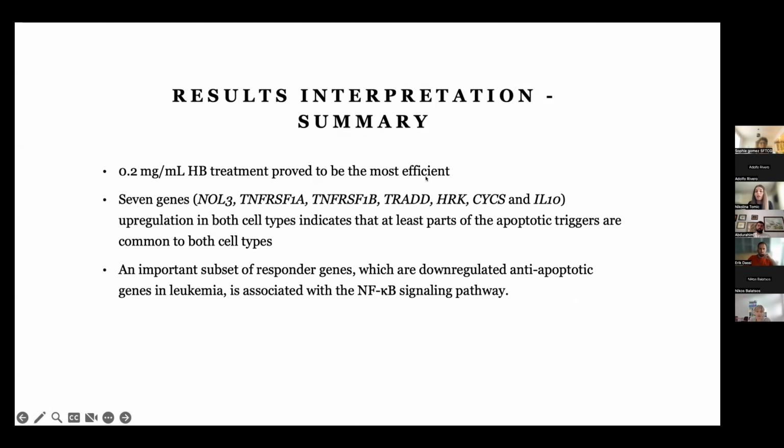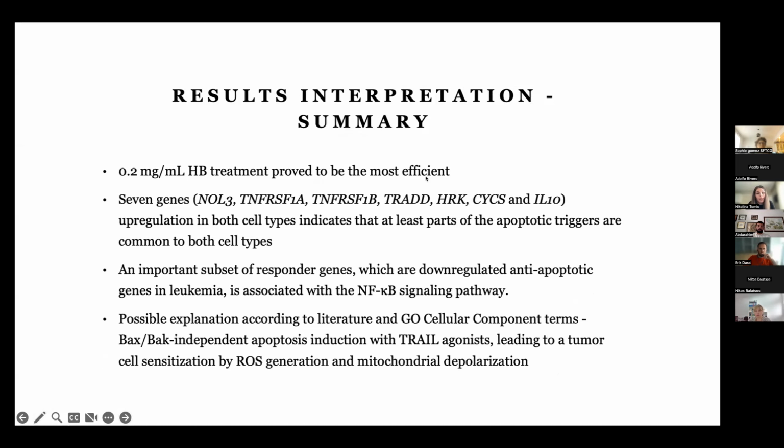Though the analysis of specific gene sets, anti-apoptotic ones deregulated in leukemia and unaffected ones in normal cells, with the aim to dissect the differential response in the 2 cell types, reveals that the 14 anti-apoptotic genes which are downregulated in leukemia are associated with the NF-kappa B signaling pathway. Considering that and other gene ontology cellular component terms which are associated, and also relevant data from the literature, we assumed that halogenated Bark-sin initiates a process of tumor cell sensitization to pro-apoptotic activation, probably via BAX-independent apoptosis induction, and mitochondrial depolarization by ROS generation and TRAIL-like activation,